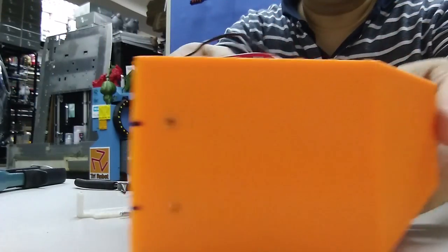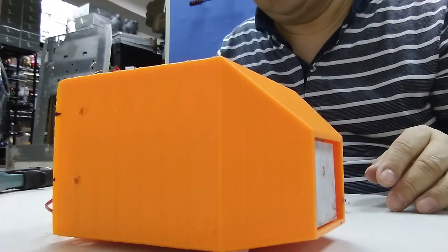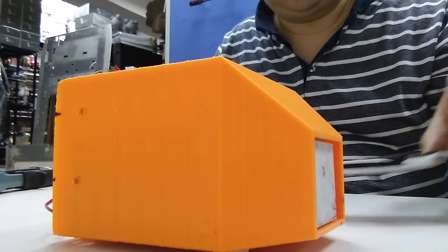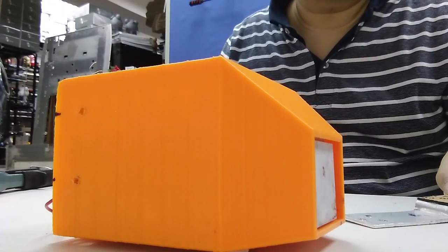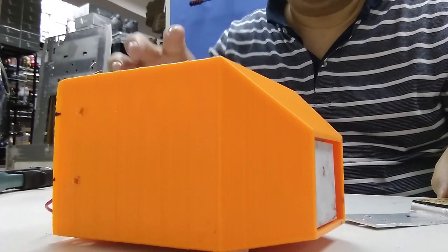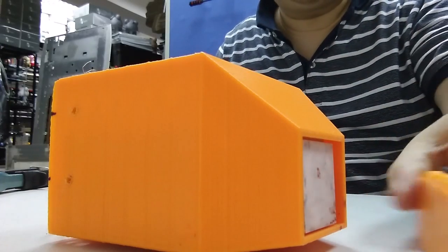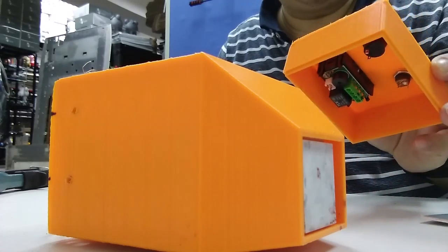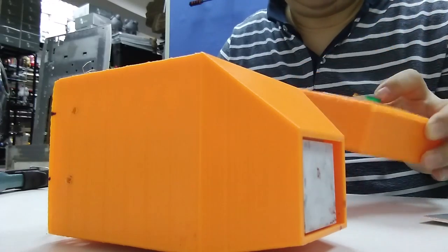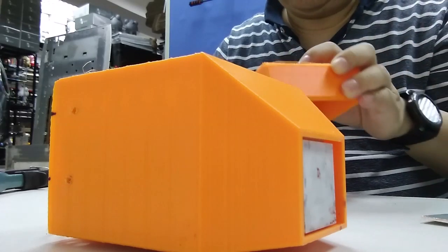So basically this is the DIY Peltier chiller for the Canon 650D. So this plastic housing, some of the pacifier they use a small one, but I found if you want the temperature drop more significant, you need this